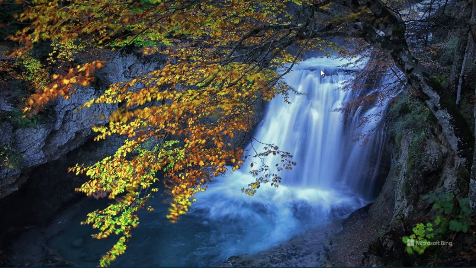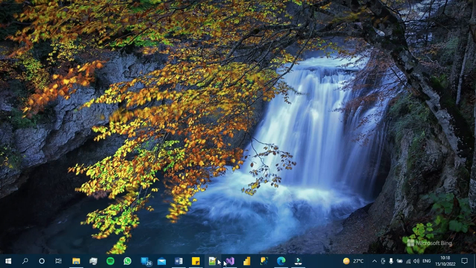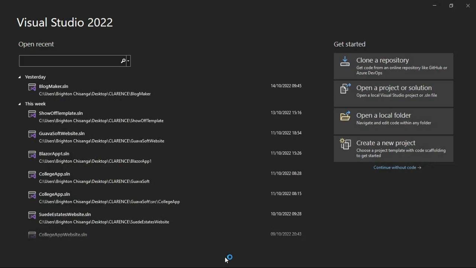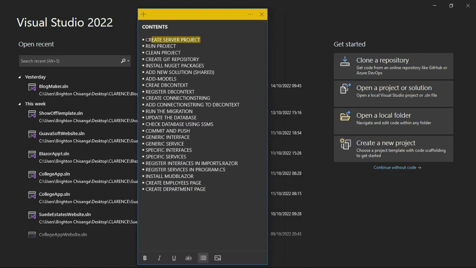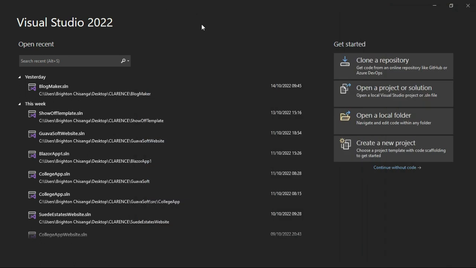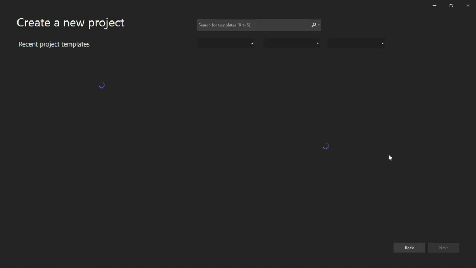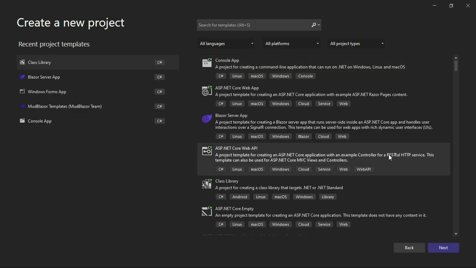Right, so the first thing that we're going to do is open our Visual Studio, and thereafter we're going to be creating a new project. So right now what we want to do is create a new Blazor Server project. First things first, we're going to say create a new project, and for more information on what Blazor Server actually is